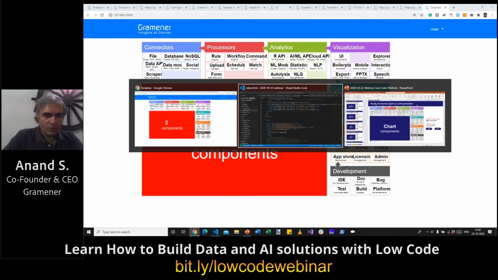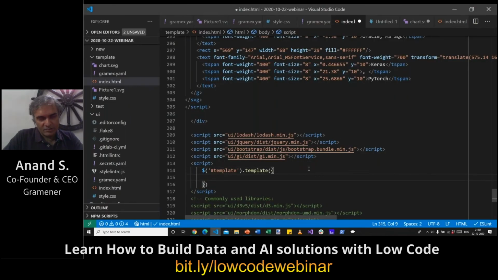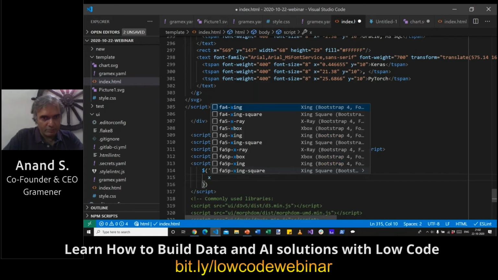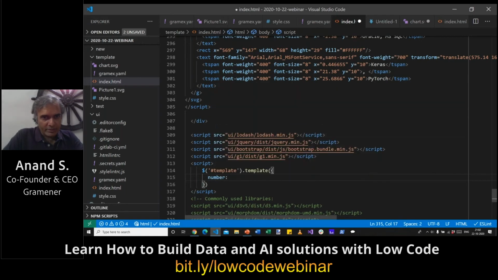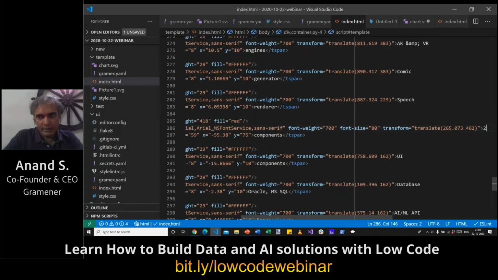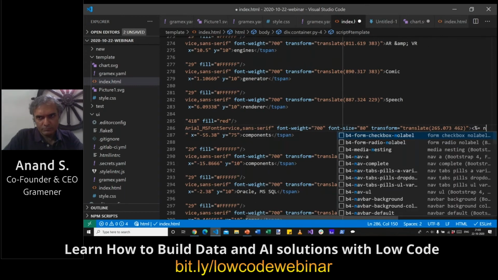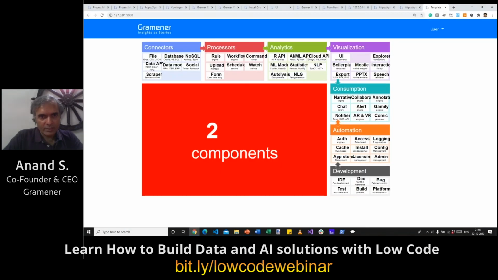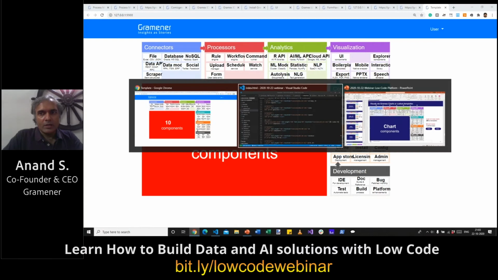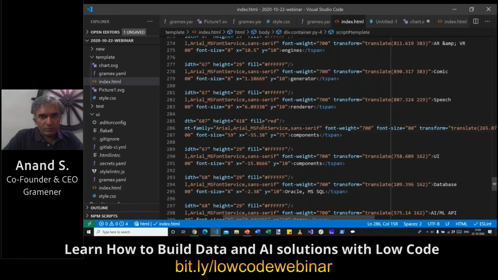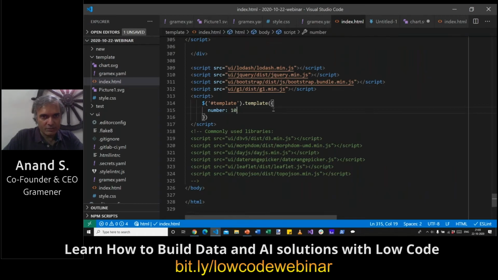But the power comes when I start feeding it variables that can come from data. For example, let's say the variable number is 10, and where I earlier had the number 2, I replace it with the number that I have now. That becomes 10. And similarly, this can be replaced with whatever color I pass here.